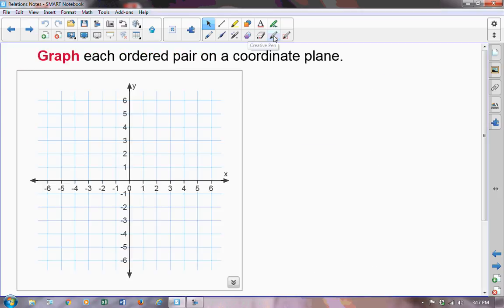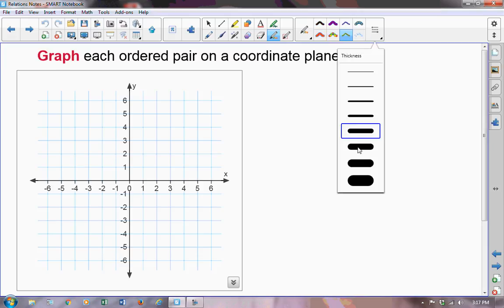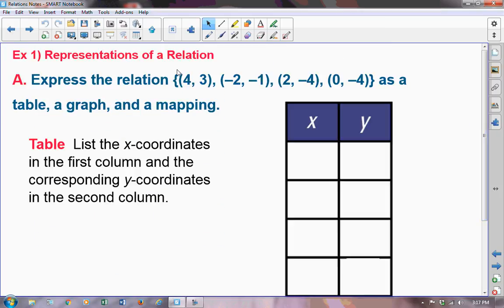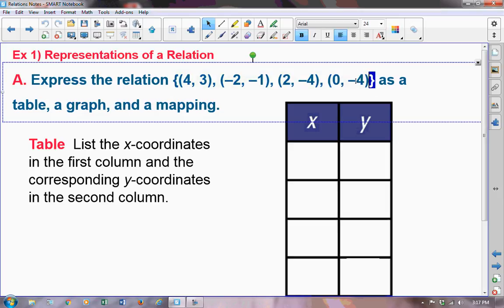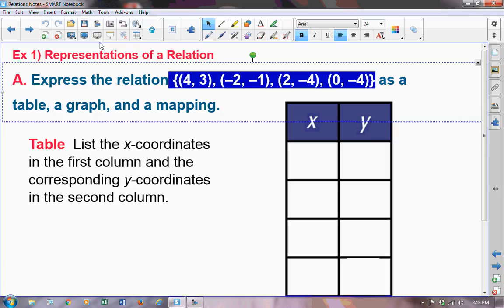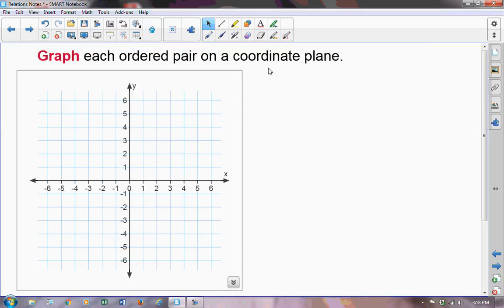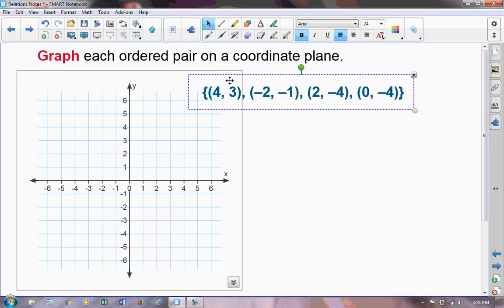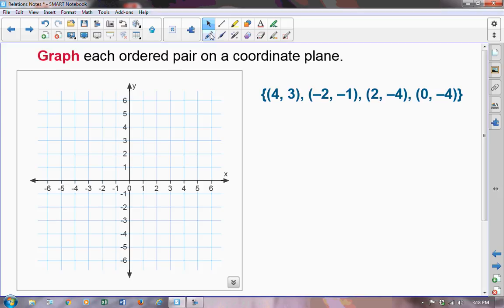We can also represent this on a coordinate plane. But let me first grab these. I forgot to copy them over there. All right, so there we have our ordered pair, and remember that ordered pairs, when you are graphing on